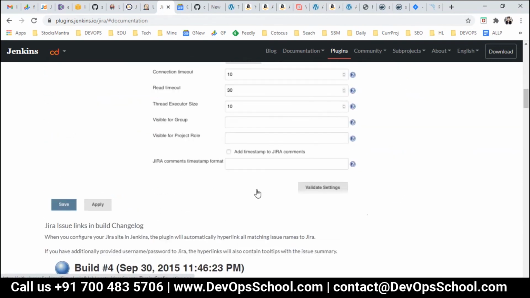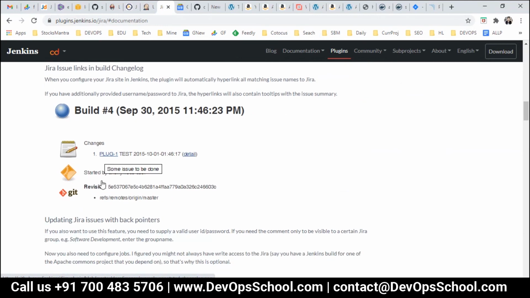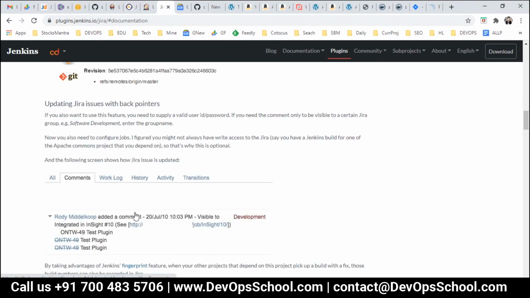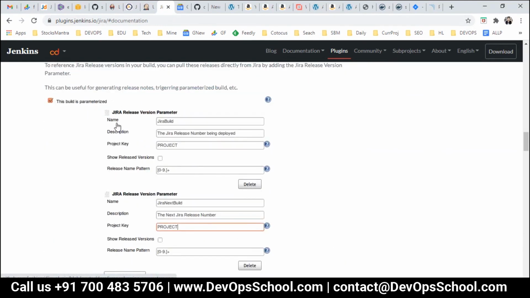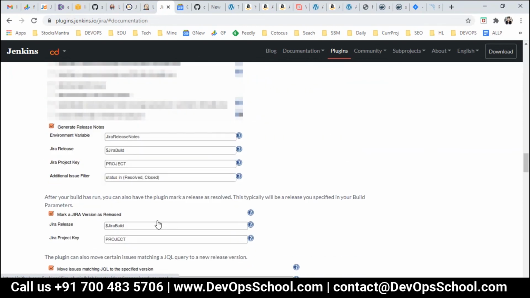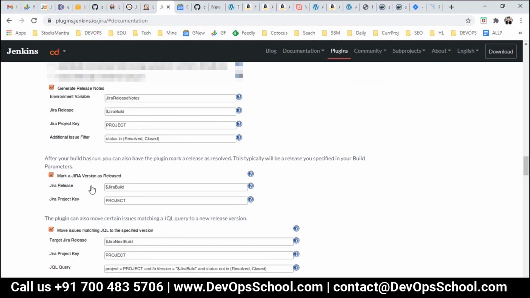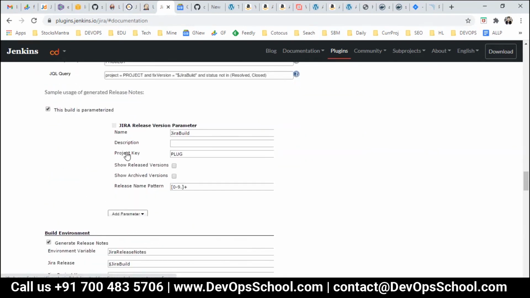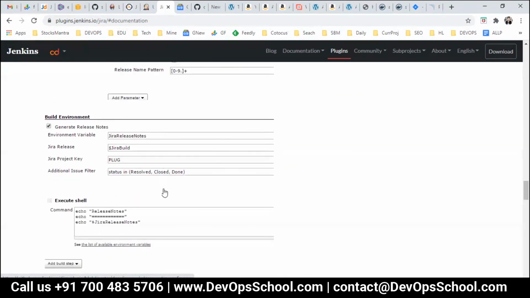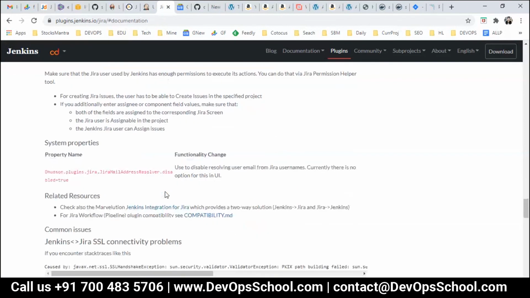See here, I did this same thing, and after that, so they are parameterized. This is not needed. Release notes. Parameterized. This is the one. Execute shell.